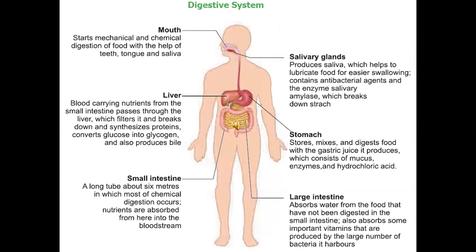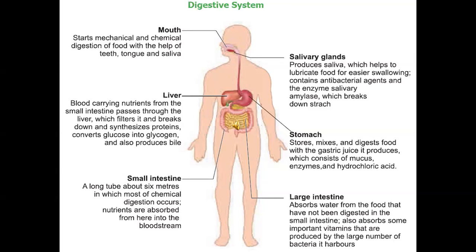Mouth is used to start mechanical and chemical digestion of food with the help of teeth, tongue and saliva. Liver: blood carrying nutrients from the small intestine passes through the liver, which filters it, breaks down and synthesizes proteins, converts glucose into glycogen and also produces bile. Small intestine is a long tube about 6 meters long, in which most of chemical digestion occurs. And salivary glands produce